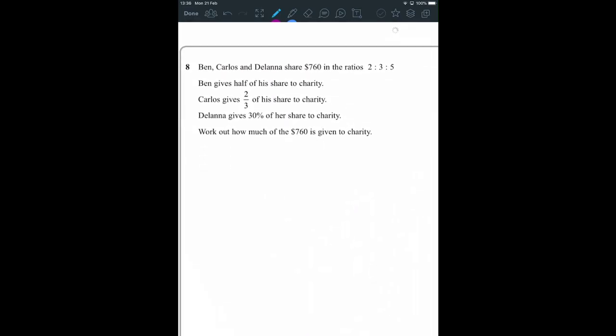Ben, Carlos and Delena share in a ratio. Ben is giving half his money to charity, Carlos gives 2/3 to charity, and Delena gives 30% to charity. So first let's actually share in that ratio. There are 10 parts in total, so one part is 76, and then let's just look at them each in turn. Ben gets 2 parts, so 2 lots of the 76, so he's getting 152,